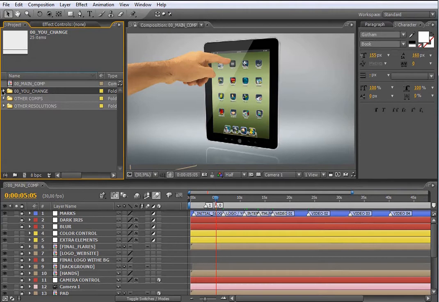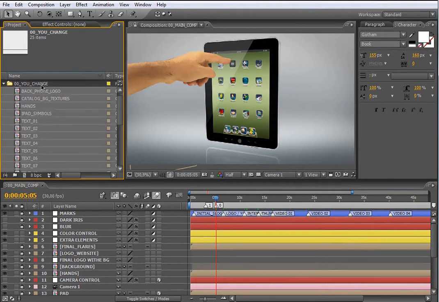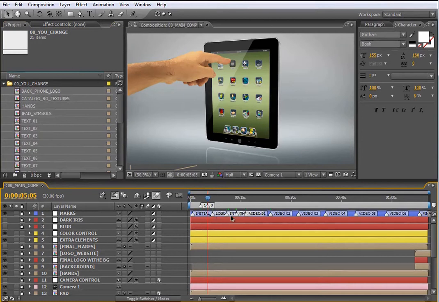Let's open this folder, please. As you see, you have here all the compositions related with text, video, and others related with extra elements that I'm going to explain a little bit further in this tutorial. Let this folder open. Now I have to show you what you're going to find in the timeline. As you see here in these blue objects, you have all these marks. These marks are here to show you where you will find the elements that you want to change in the timeline. For example, here you have the logo,